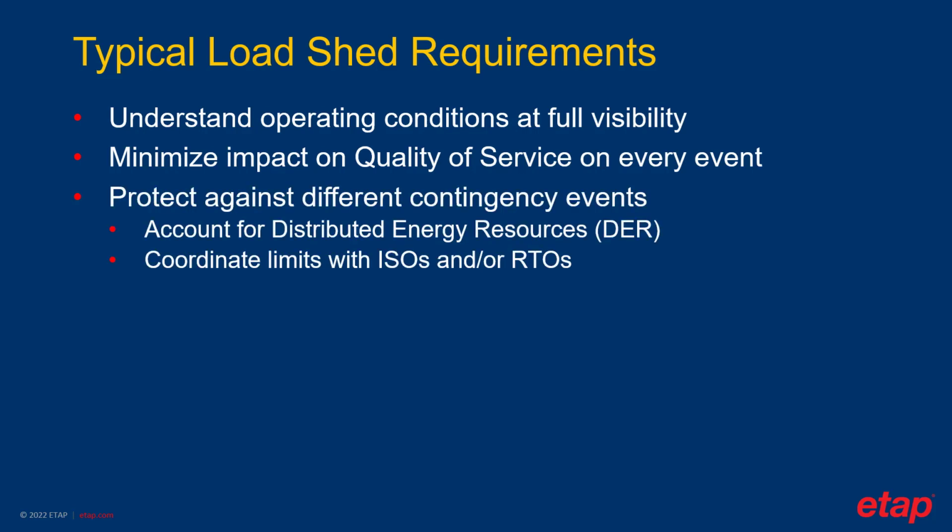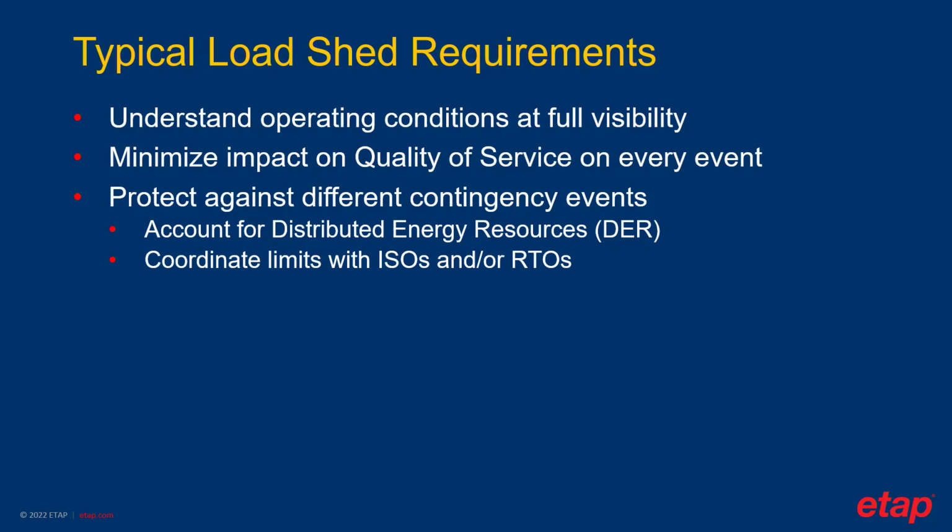Protect against different contingency events. This means that the system must be on the lookout for contingencies caused by asset limits such as overloads, operational limits like power factor monitoring, scheduled events like load forecasting changes, or unscheduled events such as unprecedented sudden demand increase caused by unaccounted factors. With DERs in the mix, power reserves must be calculated to minimize the impact on the system. Also, determining loads to drop must account for DERs as it will influence voltage support.